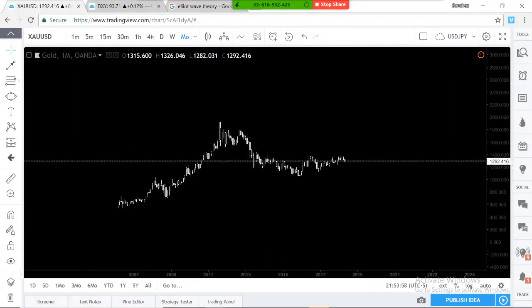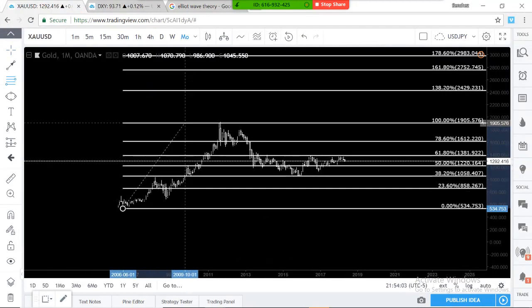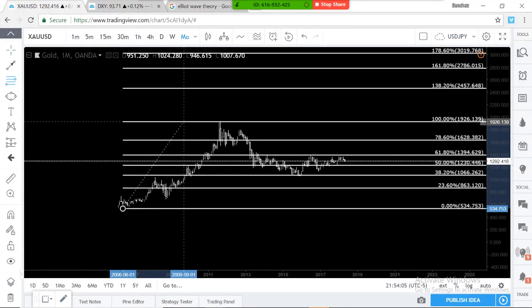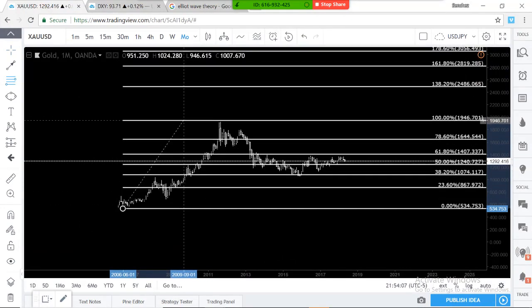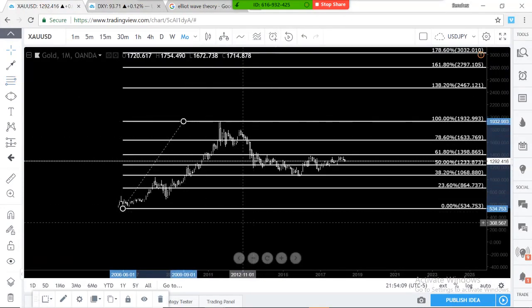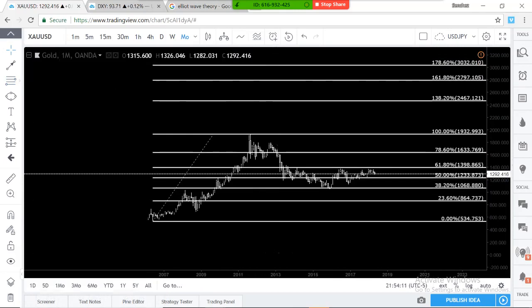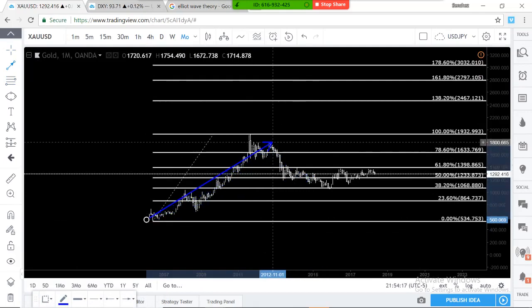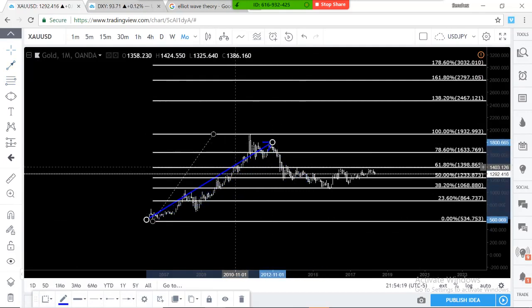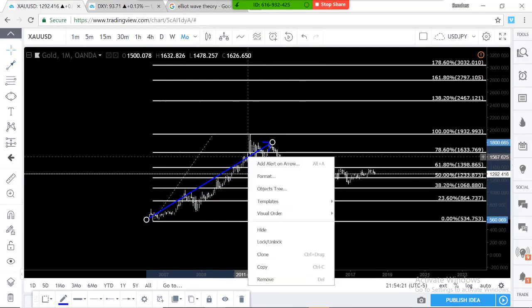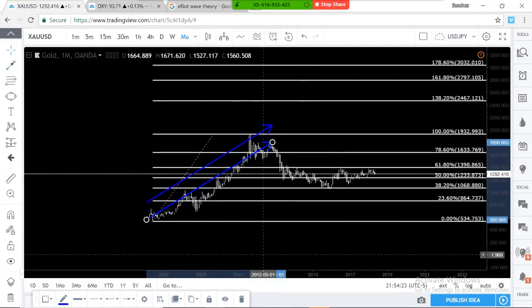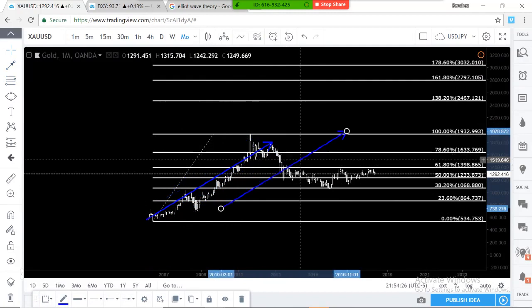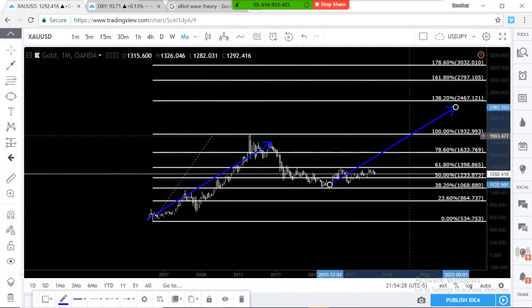So I did like my Fibonacci on there. That wasn't too bad. Bottom to top, we got a 32 retracement. All right, let's see. This is a little trick, right? I learned this from Christopher Terry, pretty sure. Start from the bottom leg to the top retracement, and all you gotta do is multiply it for your next take profit. I'm not joking. Multiply it, no modifications. This is your next take profit.